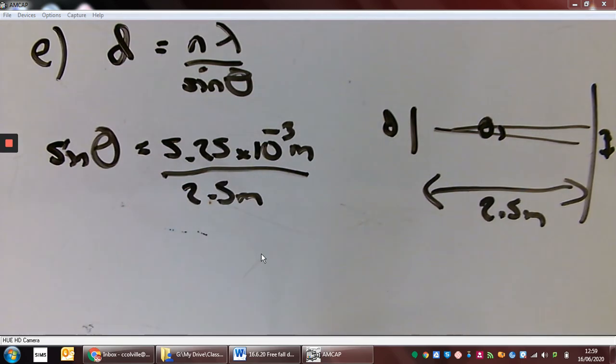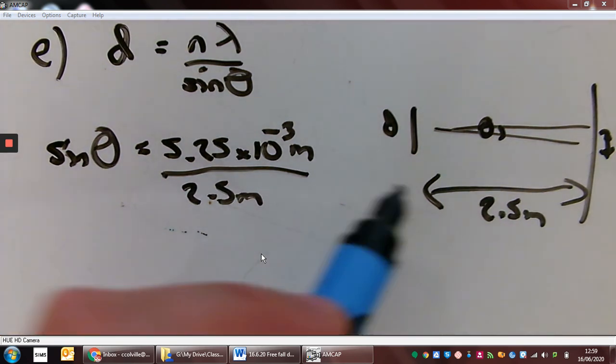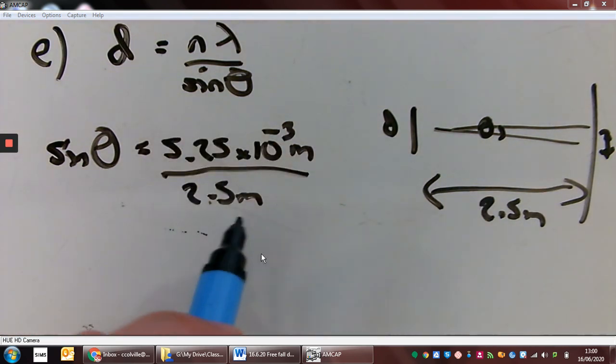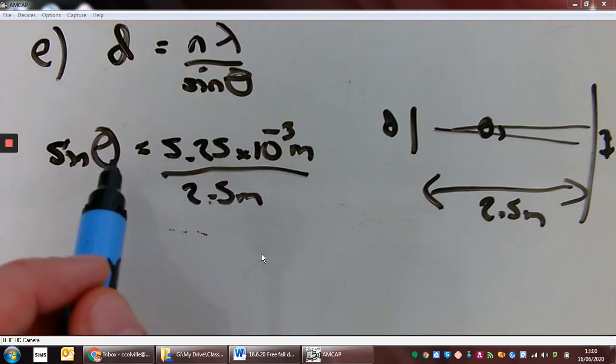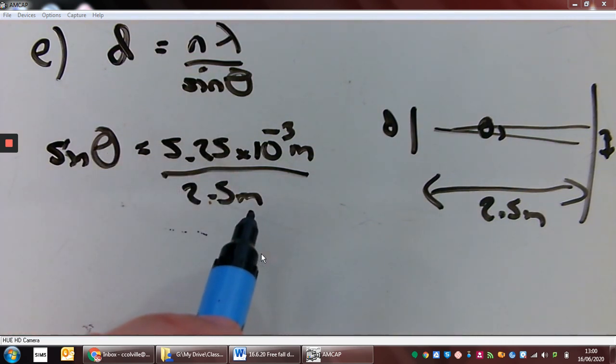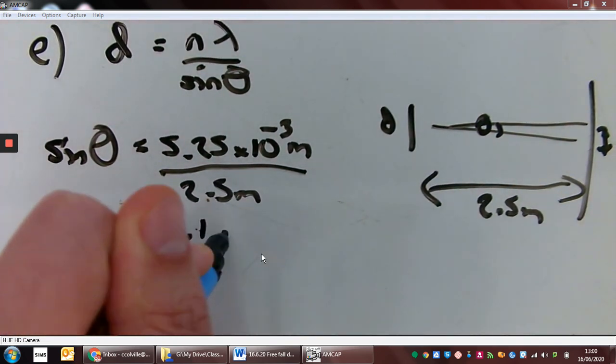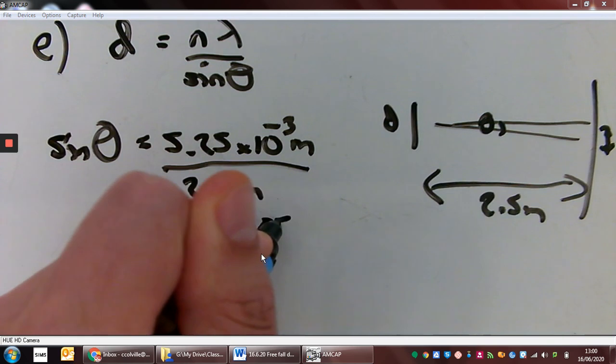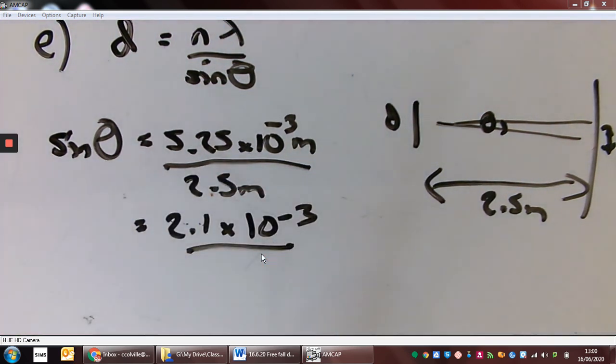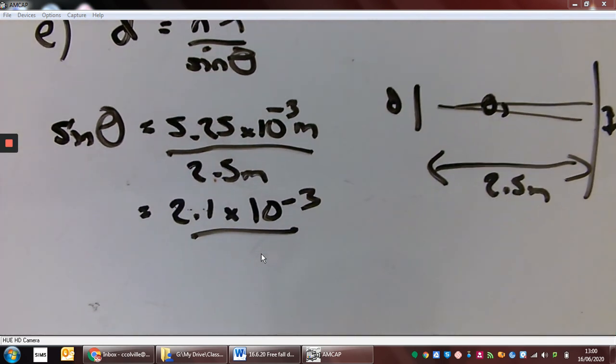Now, this is kind of classic physicsy things here where we know really I've got my opposite and my adjacent. So really what I'm working out here is tan theta, but we can use our small angle approximation. If we actually did this properly, that's tan theta, worked out theta, took a value of sine, you end up, rather than the 2.1 times 10 to the minus 3, this gives you sine theta, you get 2.999999 and so on. So it's the same thing, it's the same idea. This gives us the value of sine theta. What we can then do,